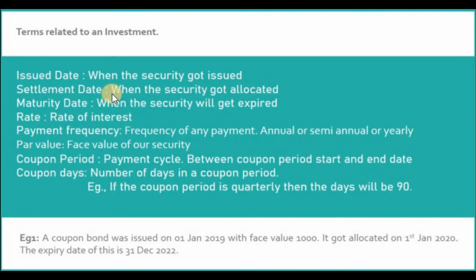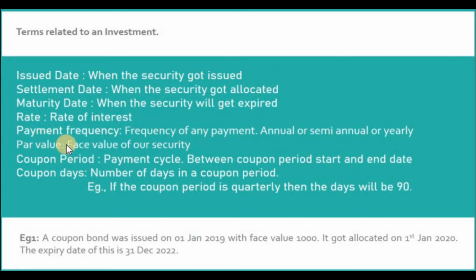Any security or bond will be issued for a specific period. Post this period, the investment will get expired and investor will get returns. This date is called maturity date. Investment should have some interest as a return. The rate at which interest will be accrued is called rate of interest. This interest accrual can be done daily, monthly, quarterly, half yearly and annually. This is called frequency. In any recurring investments, a fixed payment will be paid periodically. Even this periodicity is called frequency.